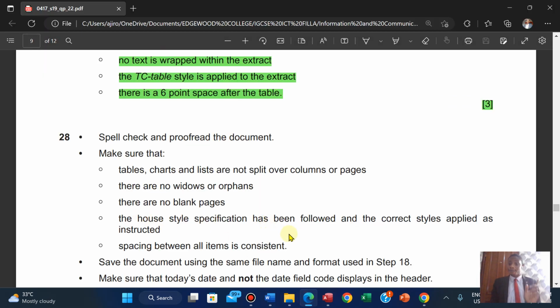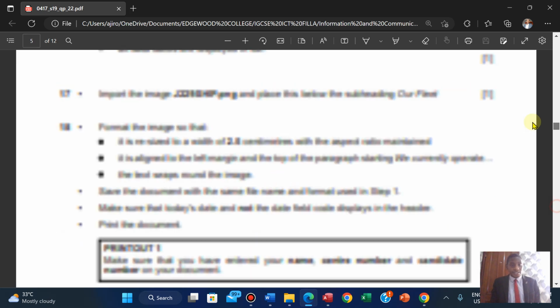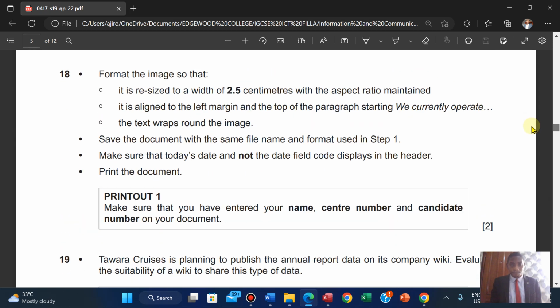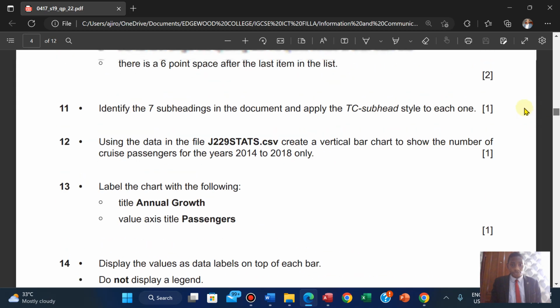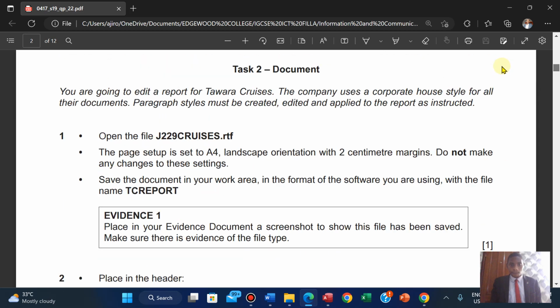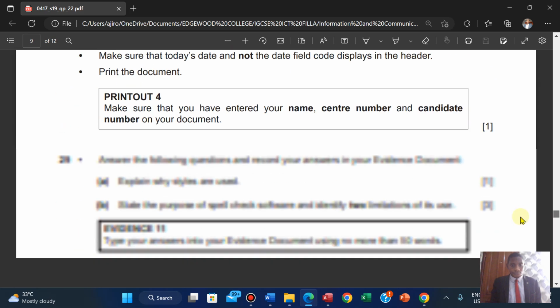The outsides are being followed and correct styles applied. Obviously, they are going to notice if it's area or whatever. Save the document using the file name in step 18. I'm just going to do a quick check of step 18. What was the name used to save this document? TC report. Okay, so